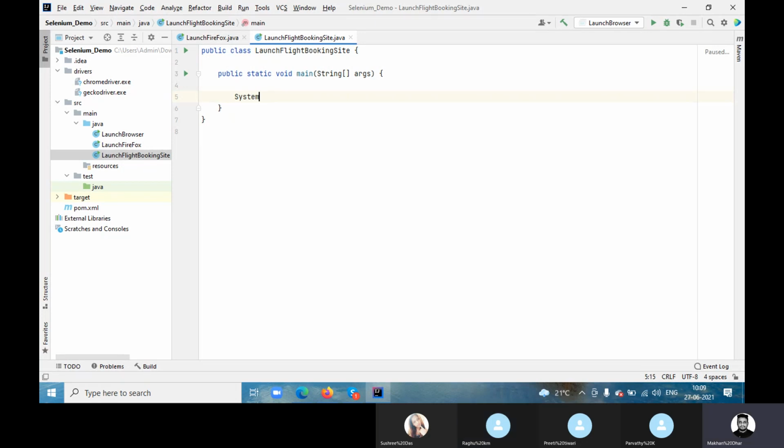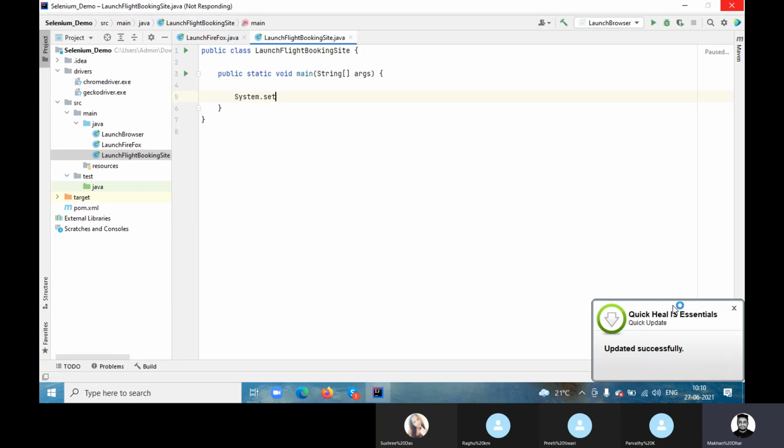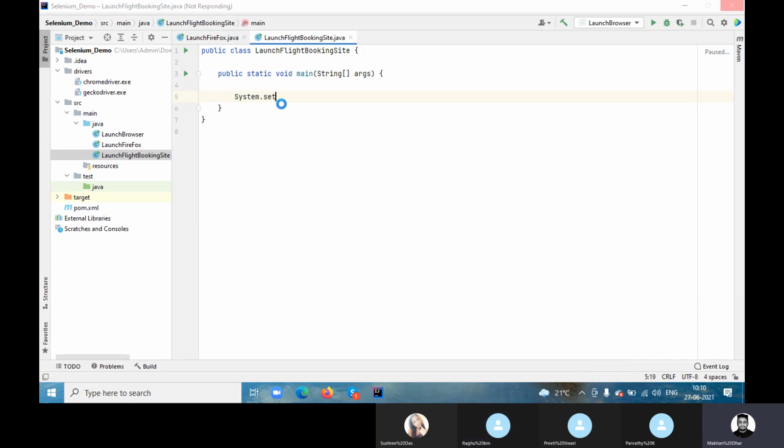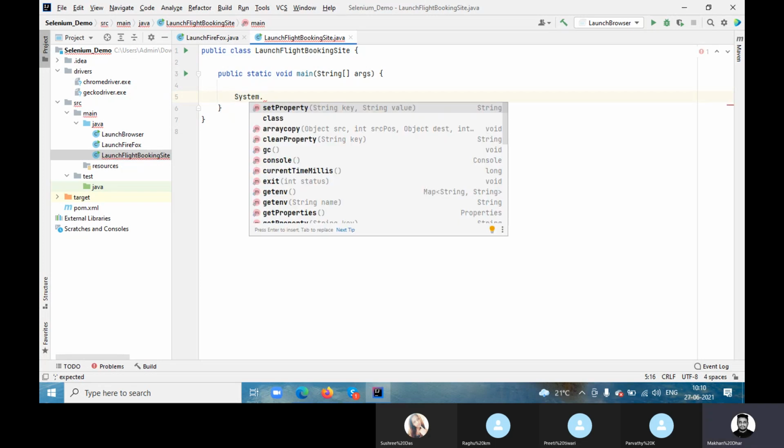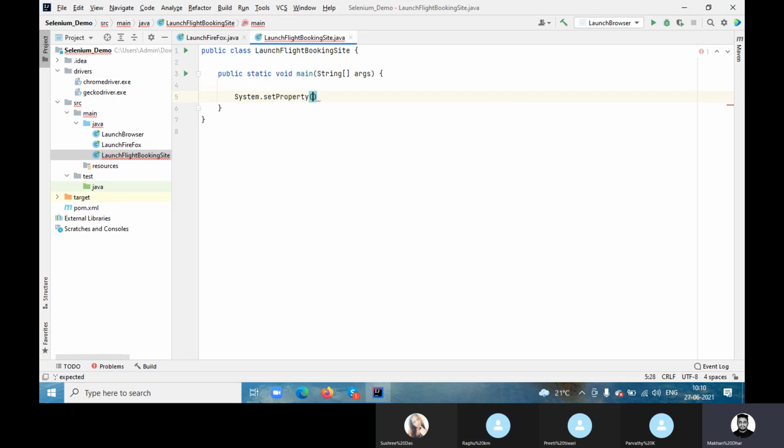My system is getting hung, one second, guys. Set property, right? Or get property? Set property. Then WebDriver dot, if you're going with Chrome, then Chrome.